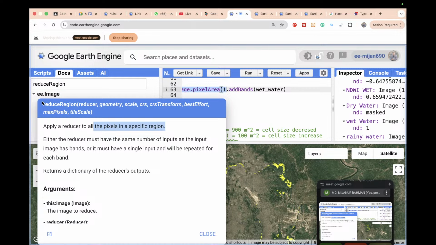When I apply the reduceRegion function, it applies a reducer to all the pixels in a specific region, and we can use different reducers at different times. Suppose sometimes we need to compute the total value, sometimes the average value, sometimes the standard deviation value. Different types, but we use the same reduceRegion function. The reducer can be different, so I just copy this reducer function